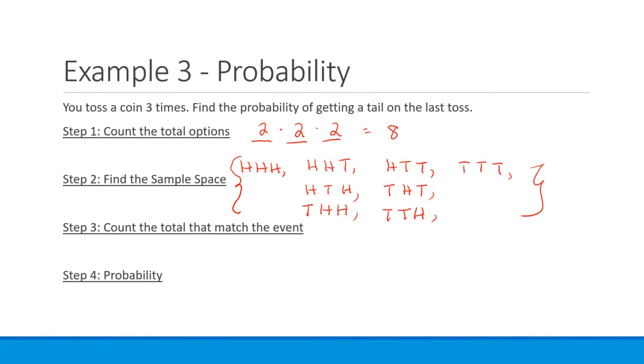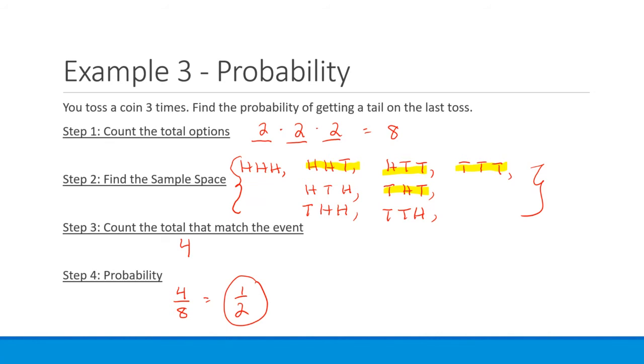Now we want to know how many of those actually fit our probability. We want to get a tail on the last toss. So I'm going to highlight those. So you can see that there are 4 of them that have a tail in the last toss, and we have 8 options. So there are 4 that match our event. So the probability would be 4 out of 8 total, which is equal to 1/2. And that makes sense because that last toss could either be heads or tails. It actually doesn't really matter what the first 2 tosses are, because all we care about is getting a tail